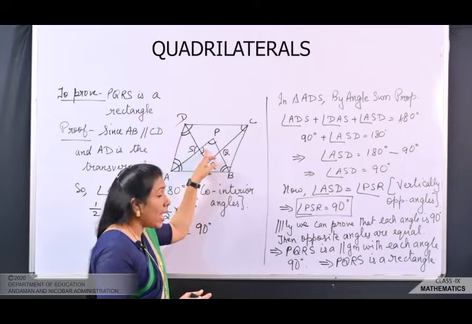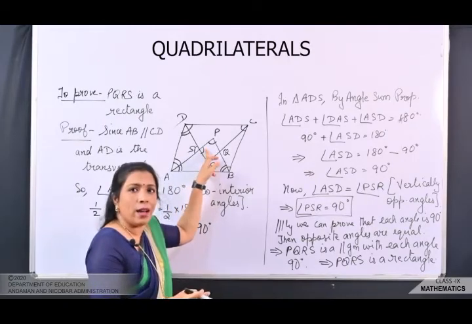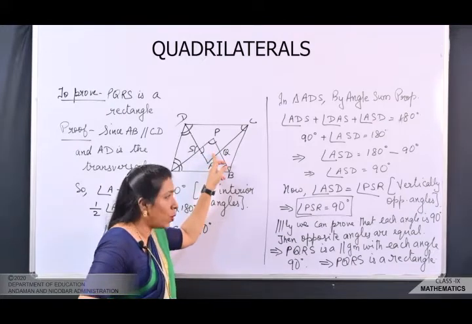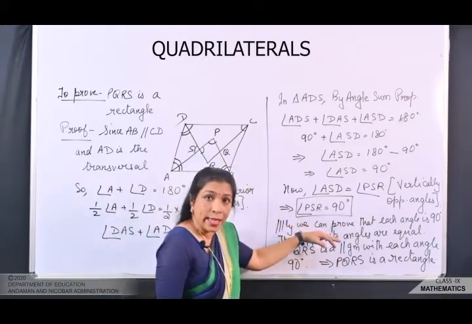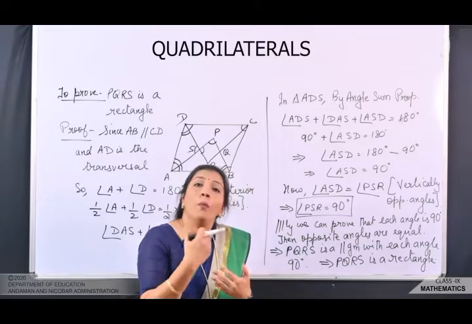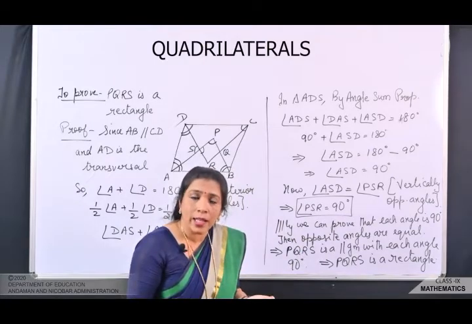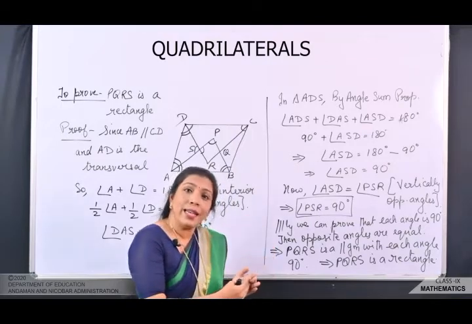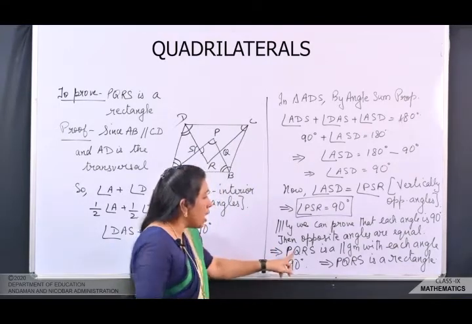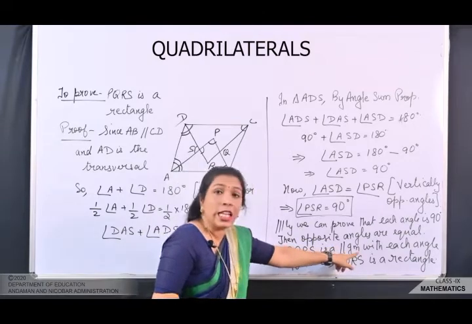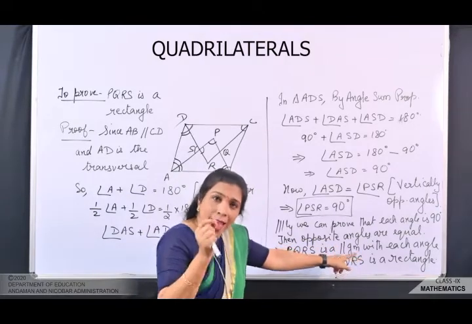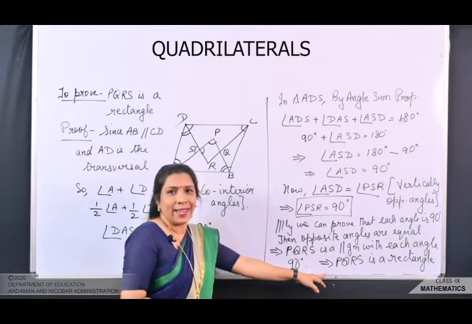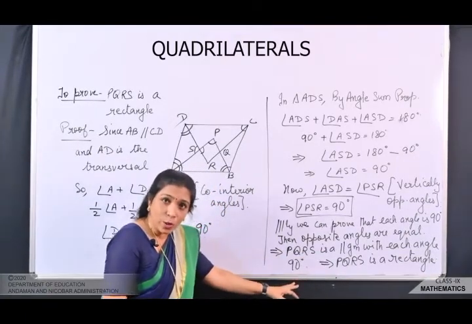तो जैसा हमने ये angle find out किया, ठीक उसी तरह we can also find the other angles as 90 degree. Okay. If all the angles are 90 degree, automatically the opposite angles are equal to each other. And if the opposite angles are equal, then the given quadrilateral is a parallelogram, which means PQRS is a parallelogram with each angle 90 degree. Hence, we have proved that PQRS is a rectangle. Children, I hope this question is also clear to you.